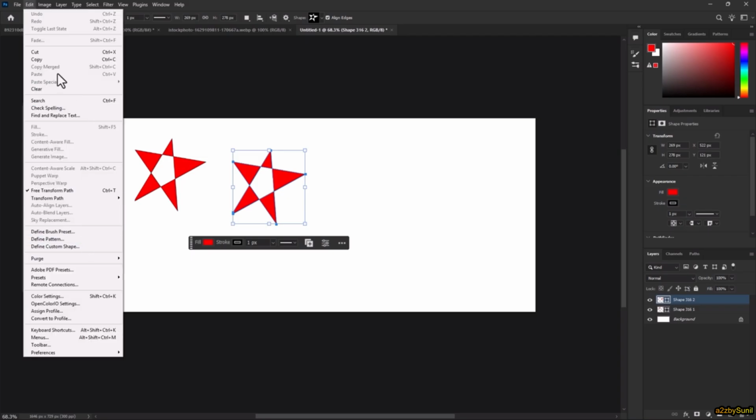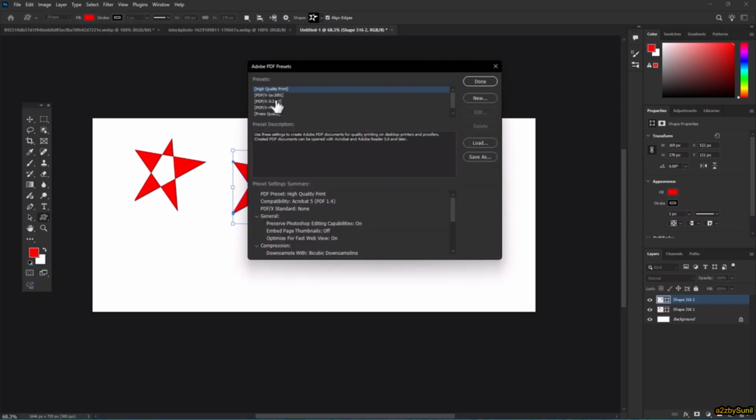And now you can't paste your last copy. You can make undo redo on your image. And the next one is Adobe PDF presets. If you need to use your image sometimes in PDF, which preset you want to use? In high quality, if you want to use in 2008 quality, if you need to create your own favorite setting,